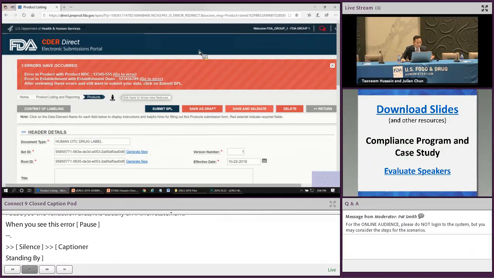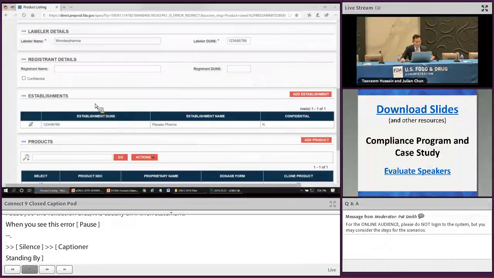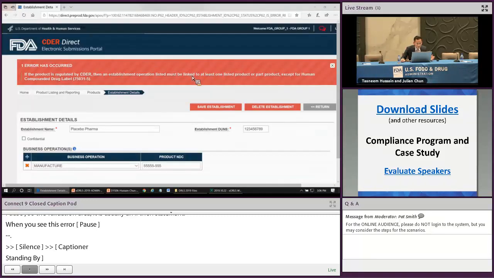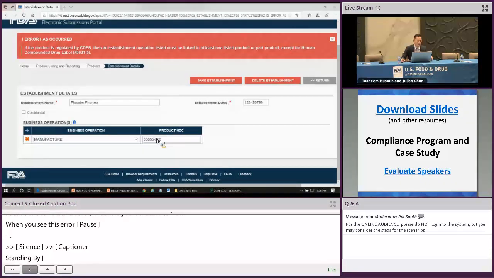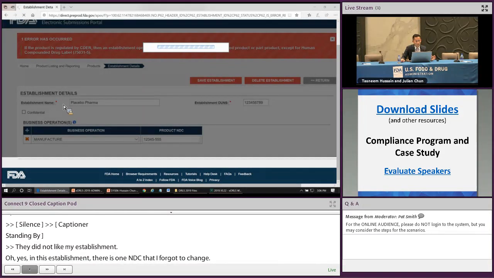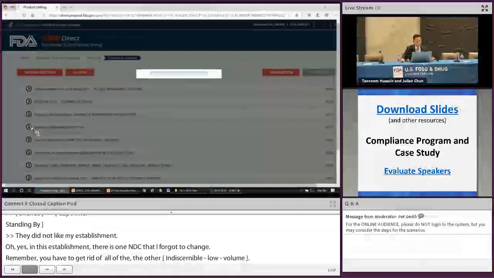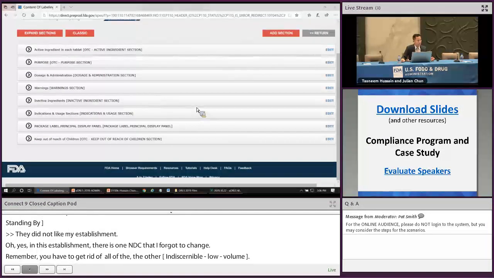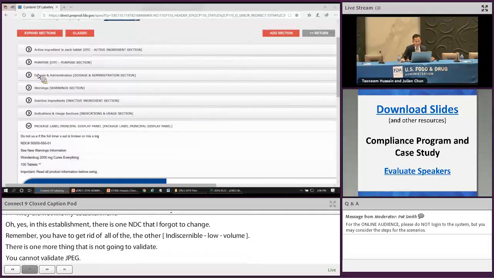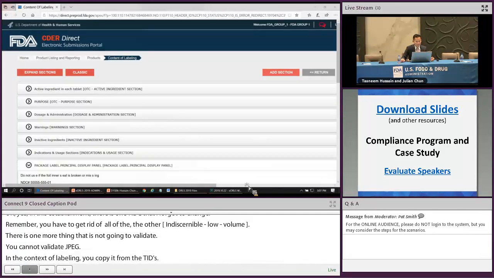And then there was another one, establishment, go to error. So it didn't like my establishment for some reason. Oh yeah, in this establishment, there's one NDC here that I forgot to change. 1, 2, 3, 4, 5. So remember, you have to get rid of all the other person's NDC. And there's one more thing that's not going to validate because it can't validate JPEGs. It's in the content of labeling. So in the content of labeling, if you just copied it from the PLDs, then you're going to still have references to their NDC. So you would have to edit this,